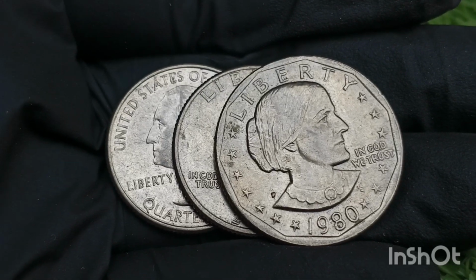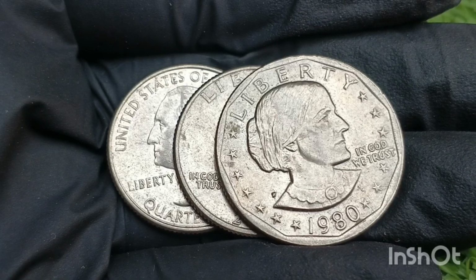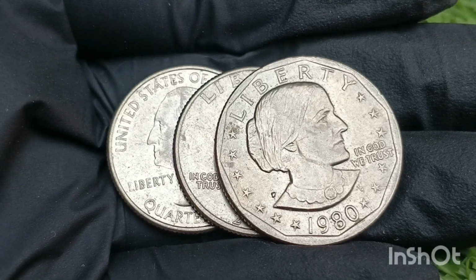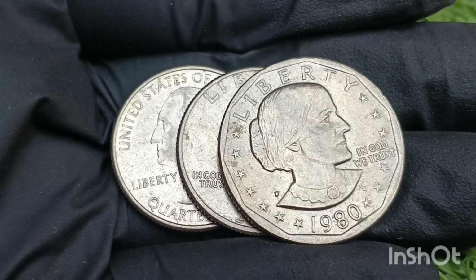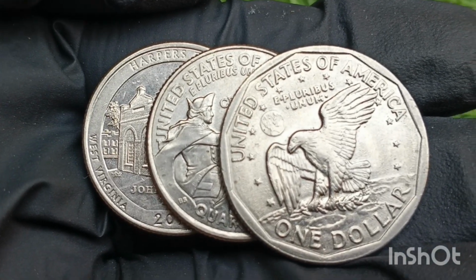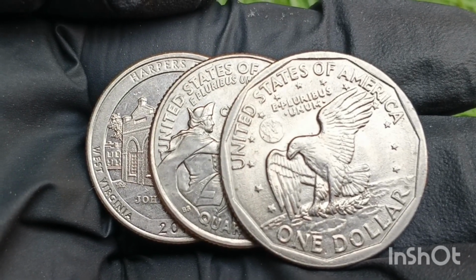Anthony Dollar Coin, 1980. The Liberty Quarter Dollar Coin from 2016 to 2021 is part of the U.S. Mint's larger initiatives to commemorate American heritage, landscapes, and civil themes. Most notably, coins issued during this time include designs from the America the Beautiful Quarters program,